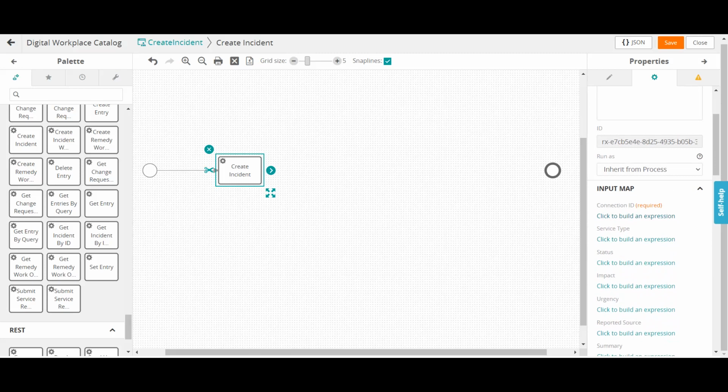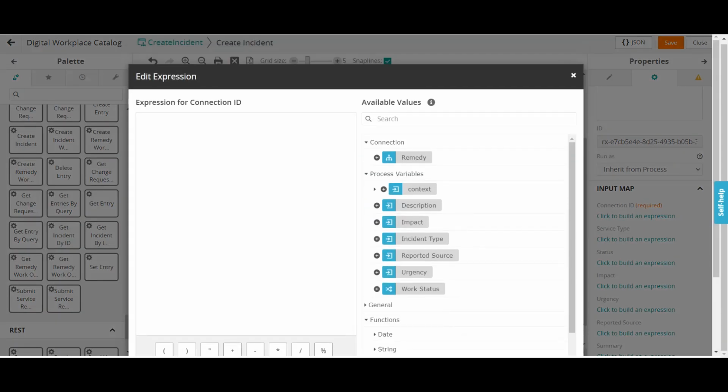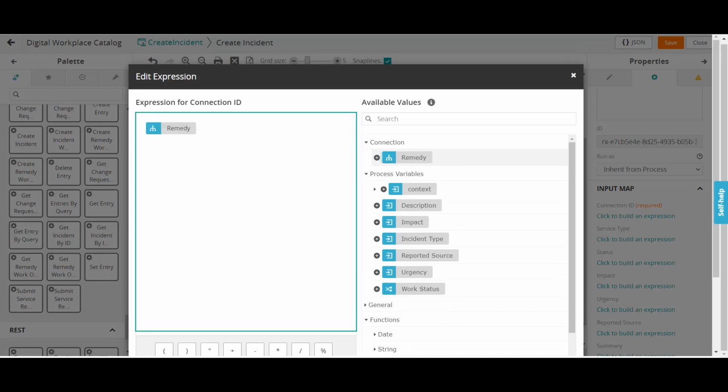So for the connection ID, you need to click on this build expression. So here by default I got this connection Remedy. If I click on this plus icon, it will be added for this. Now why